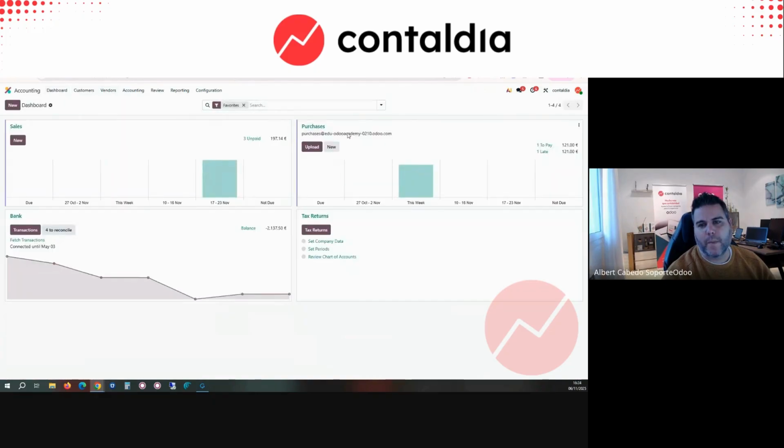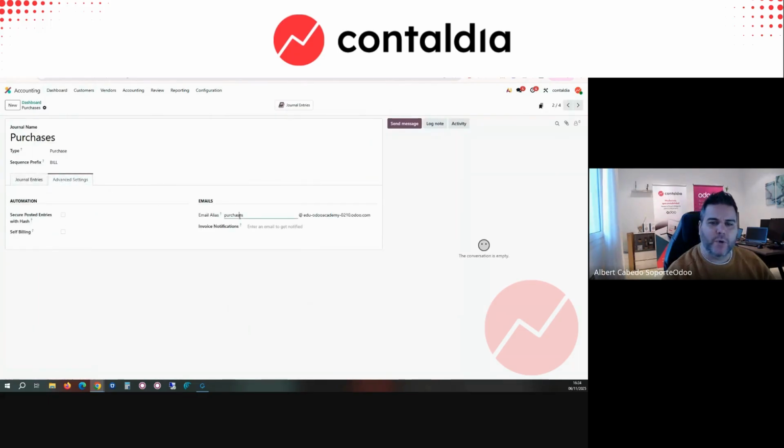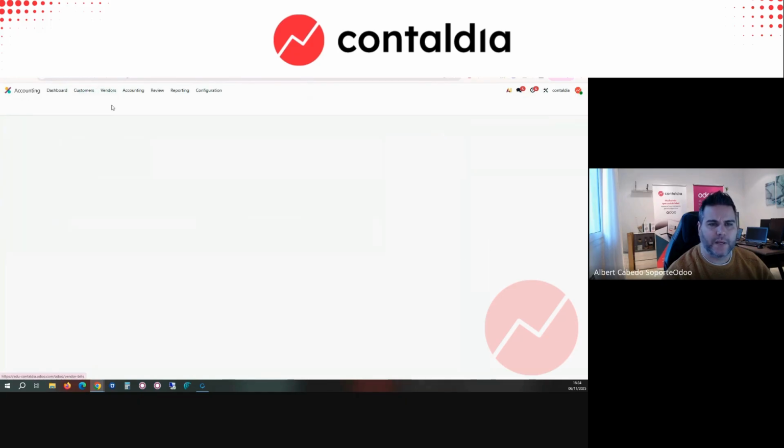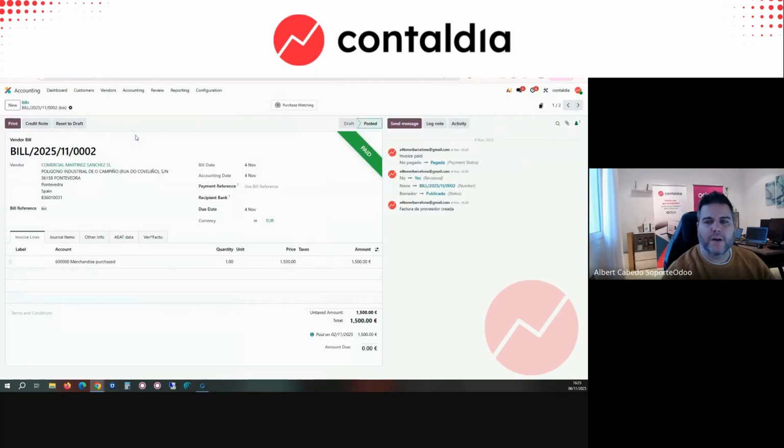It's to configure your email here. You can click here, go to configuration, and add an email for purchases with my domain, and everybody can send us a purchase here, and automatically the PDF and the accounting will appear in vendor bills. The OCR is a paid feature in Enterprise, but you can upload